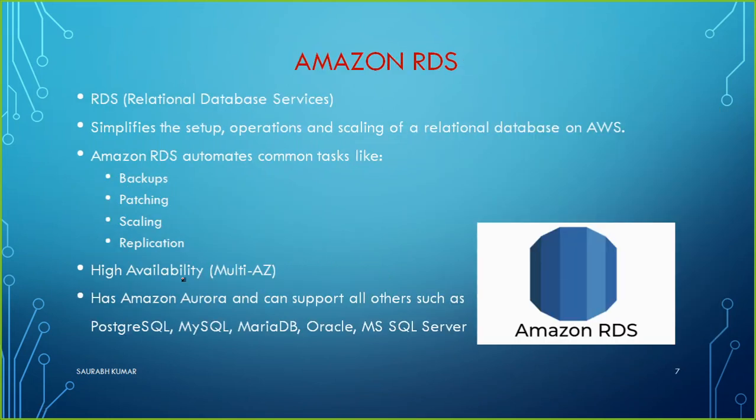Next point comes that we have understood about the database. So the same logic applies to Amazon now, because Amazon has its own database service that is called RDS. Amazon has given the name RDS, and Amazon uses this logo. If you see this logo anywhere, it represents Amazon RDS, Relational Database Service. It simplifies the setup, operation, and scaling of relational databases on AWS.